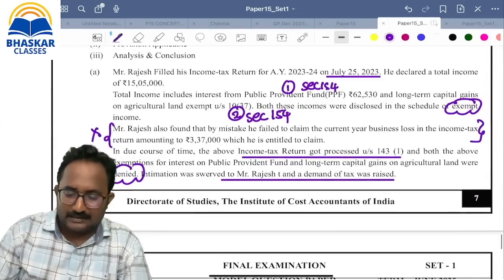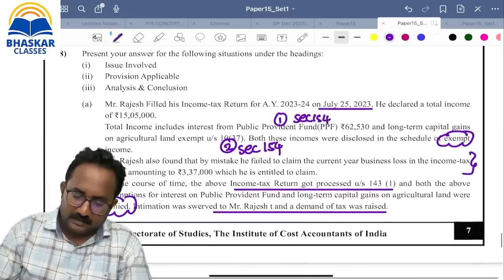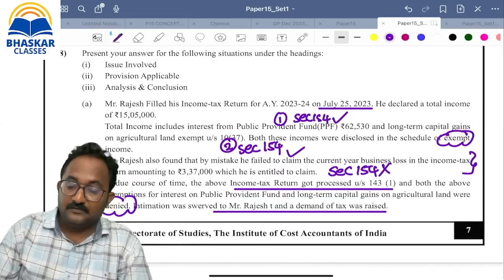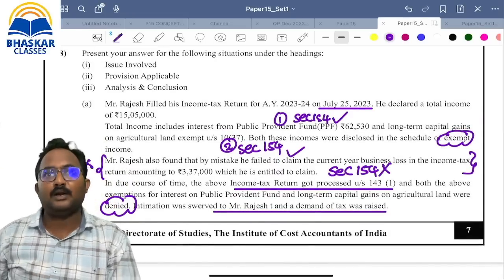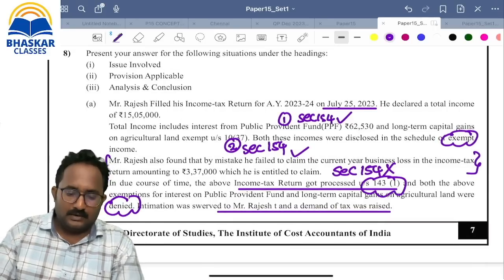So tomorrow I want to conduct the class by using the app only, sir. And business loss related, we can't apply section 154, because if that is mentioned as a mistake in the record, we can do it, but that is not covered in the 143(1) order. So this is the only discussion from my side, sir.